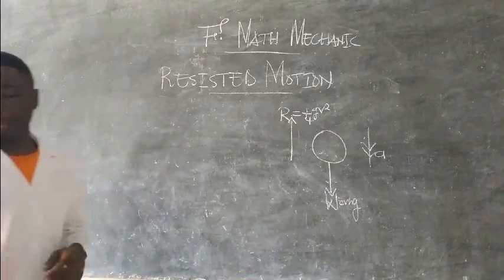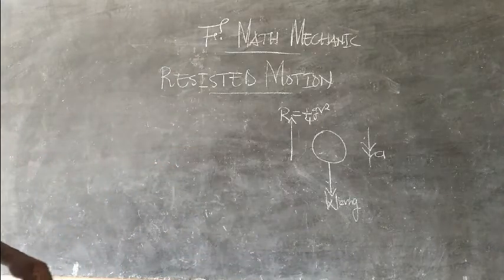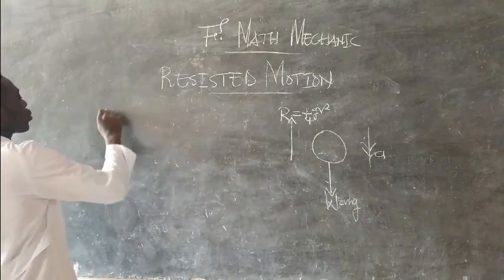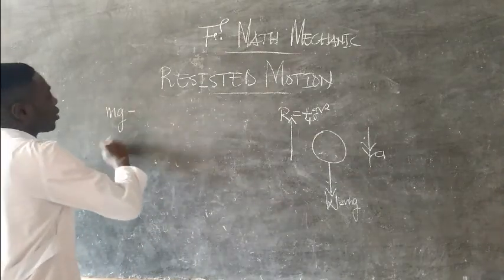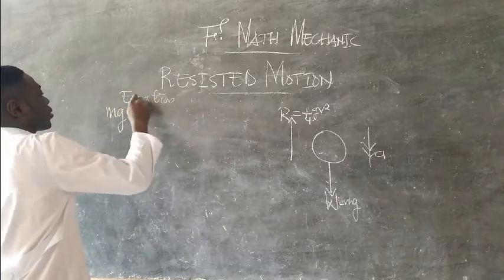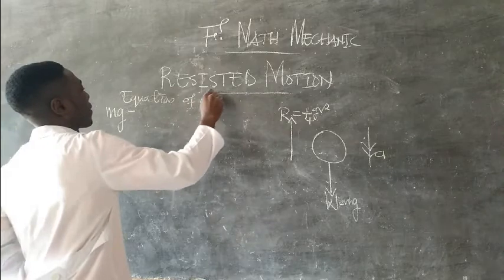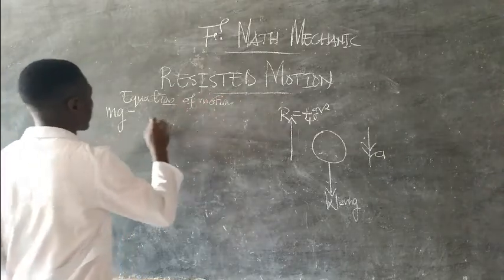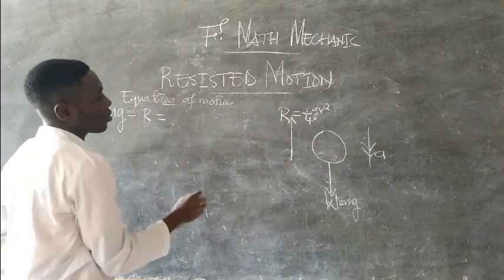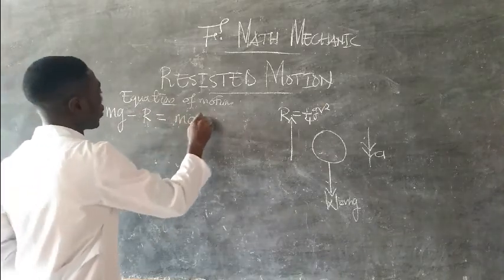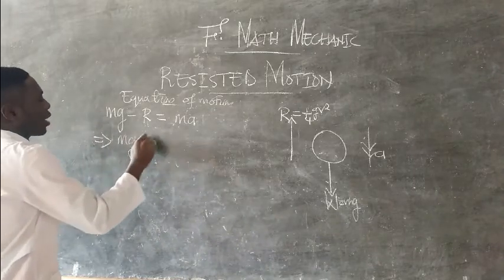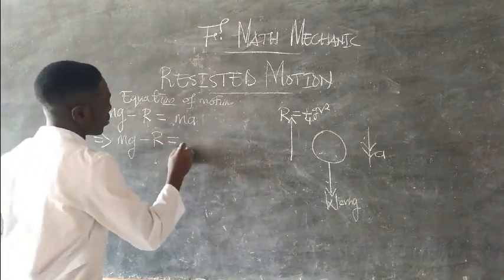So that's the diagram of the particle falling, and if that is the diagram of the particle which has been projected downwards, it means that its equation of motion will be mg minus r equal to ma for the particle. Now this implies that mg minus r equal to m